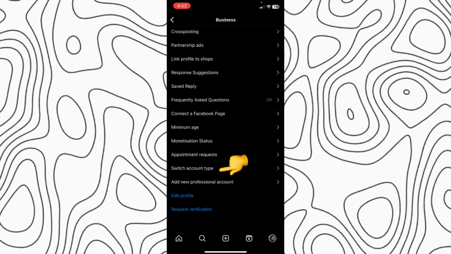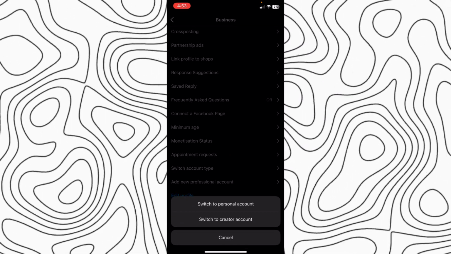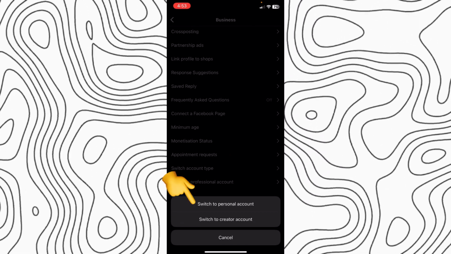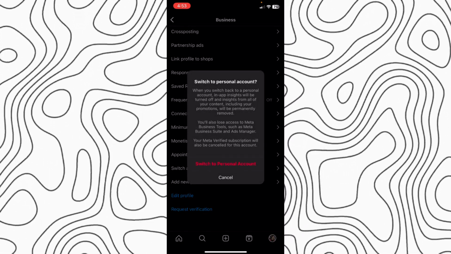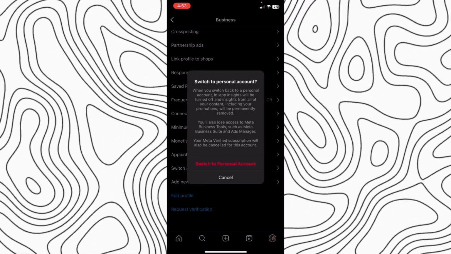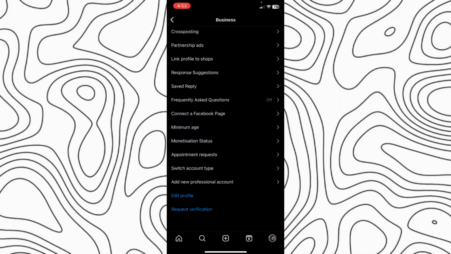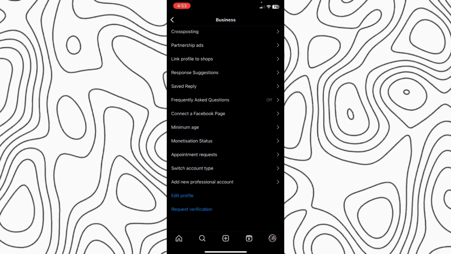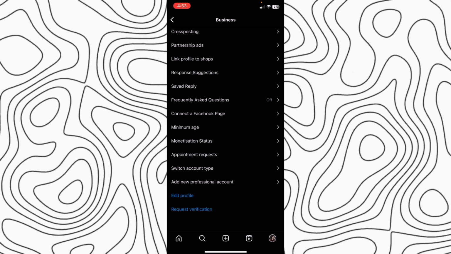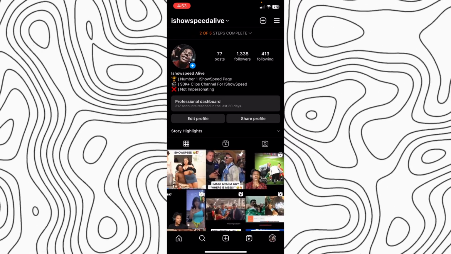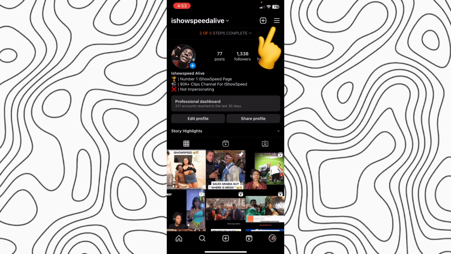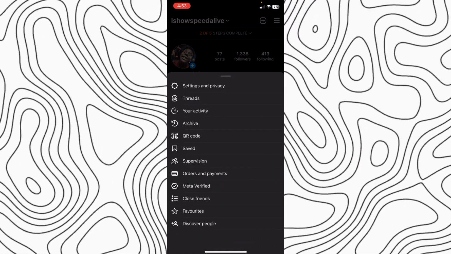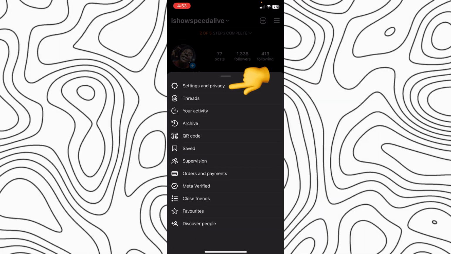And then as you can see here, switch account type, click on that and then click on switch to personal account and again click on switch to personal account, and after that click on back again